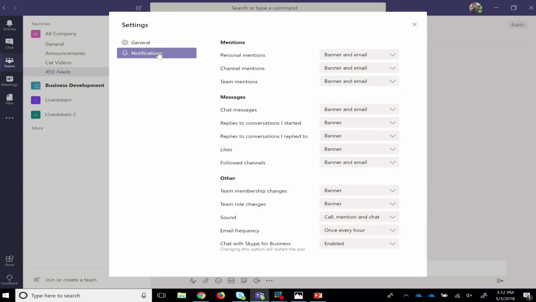there's different ways to get notified when you receive a message. One of those notification methods we did was when you mention someone, that will send them an email. But for other ways, there's a notification setting that you can customize yourself. I don't remember what the defaults are. There's some defaults here. Personal mentions will do a banner and send an email. It's worth mentioning that if somebody mentions you and you have Teams open, you're going to get the banner inside Teams, but